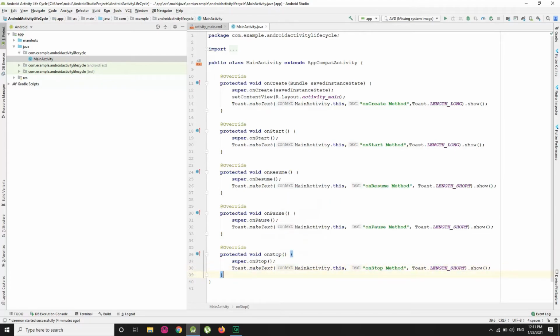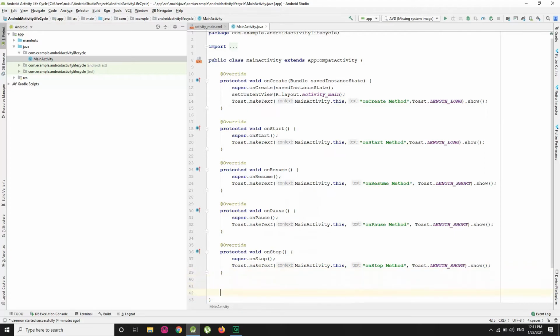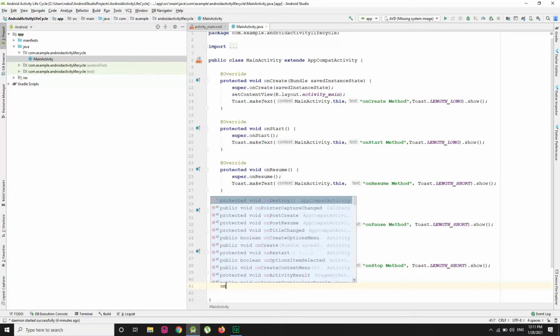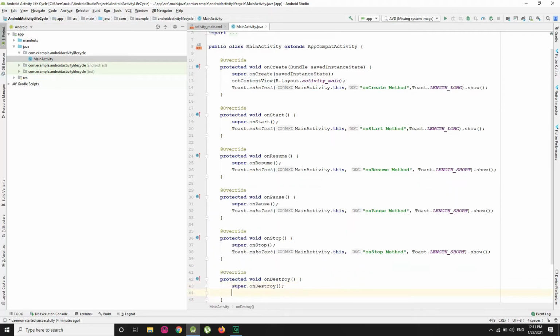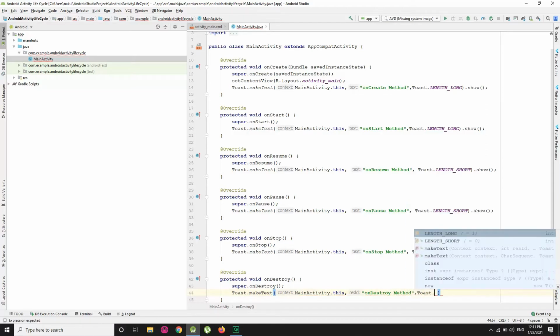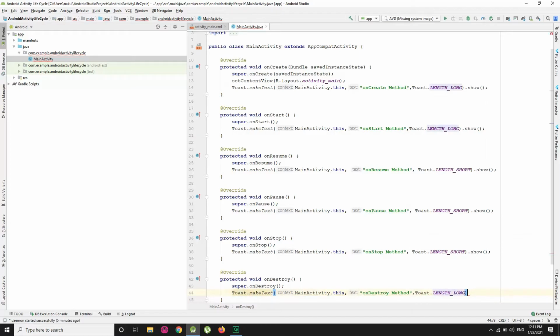So we have 5 different methods, 2 are remaining, which are onDestroy and onRestart. Let us take Toast.makeText, MainActivity.this, comma, in this onDestroy method, and at last we have Toast.LENGTH_LONG .show.